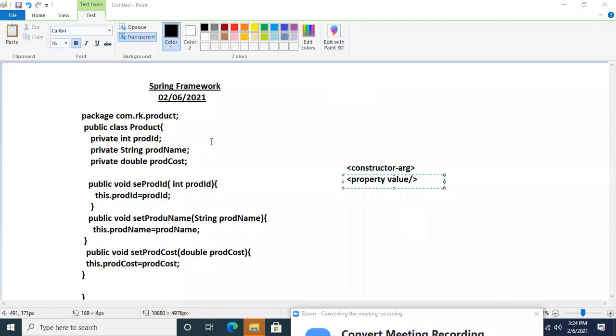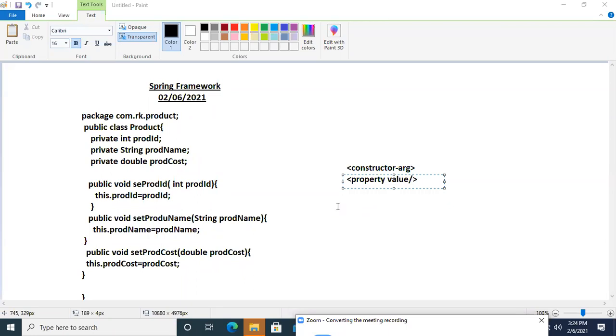Nowadays everything is moving to Spring Boot and microservices, which is annotation-driven programming, right? Today I will complete all the XML configuration related things, and tomorrow onward I will start Spring Boot and Spring annotation-based applications. These things I will implement in Spring only.